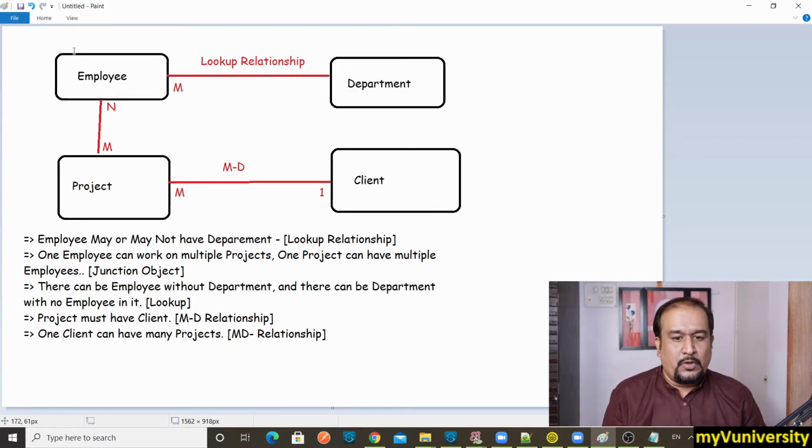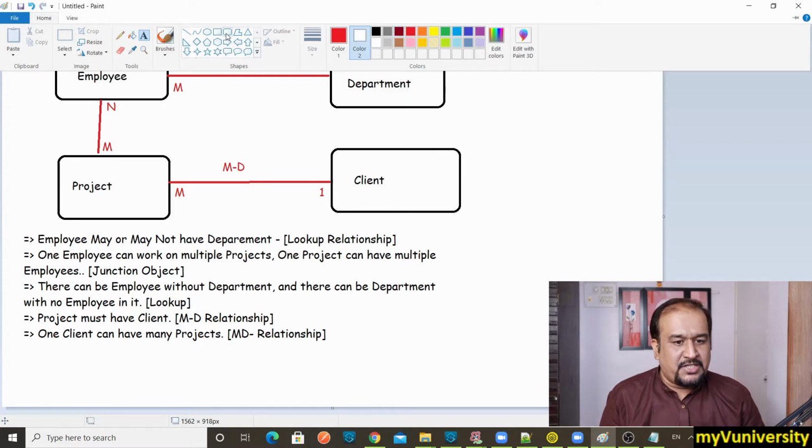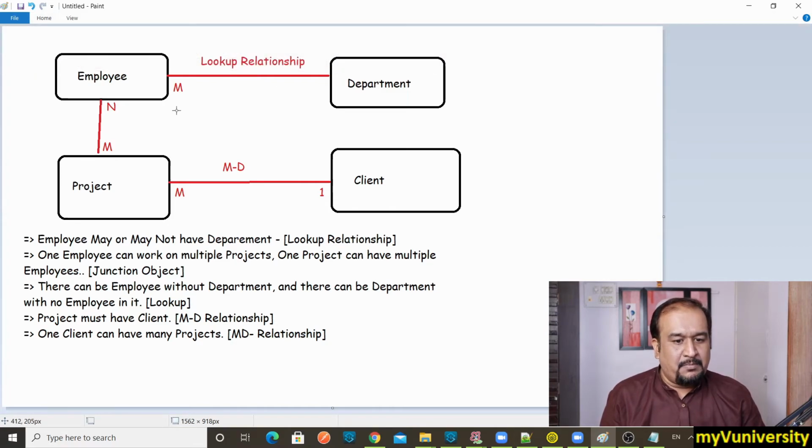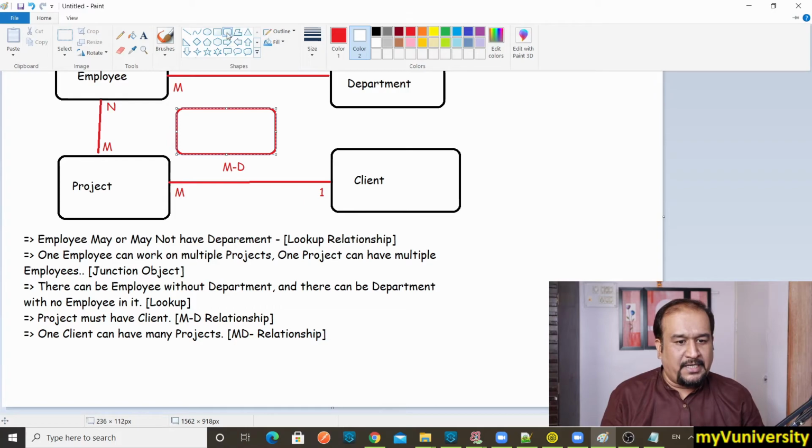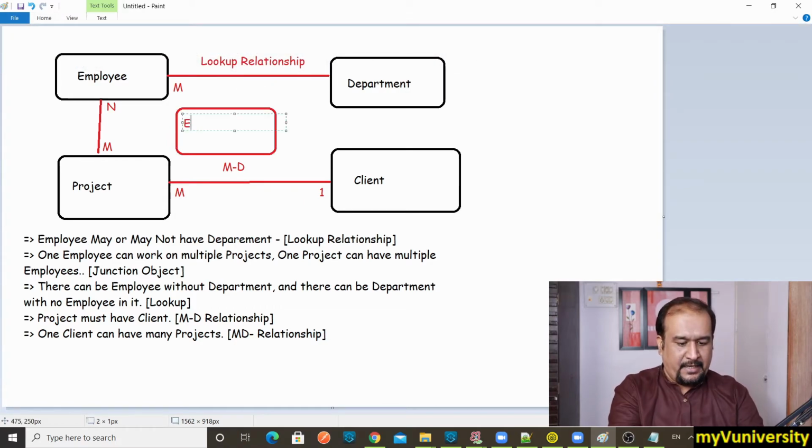So in Salesforce, how is this many to many relationship implemented? It is implemented using junction object. So we will create one junction object, and that junction object will contain, let's say, employee lookup, and it will contain, let's say, project lookup.